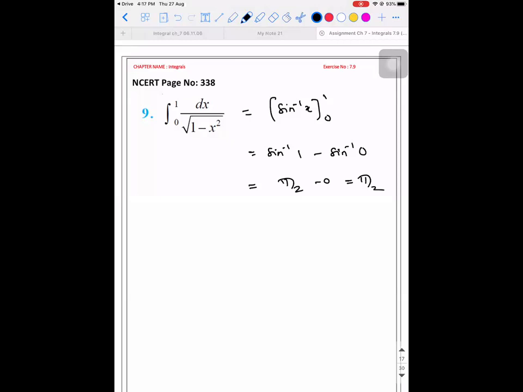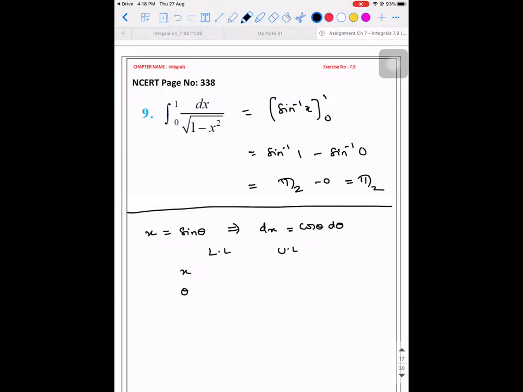See, if you want to follow the substitution method and solve this, then what will you do? You will put x is equal to sine theta, because wherever you see 1 minus x square, you can either substitute sine theta or cos theta. So when you put x is equal to sine theta, dx will be equal to cos theta d theta. So what should you do with the limits? Lower limit, upper limit, x and theta.